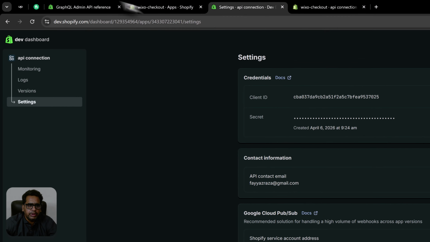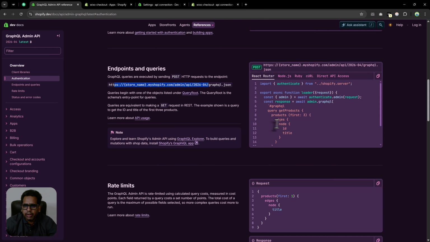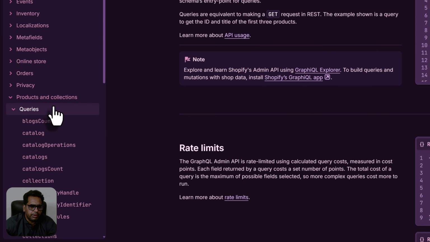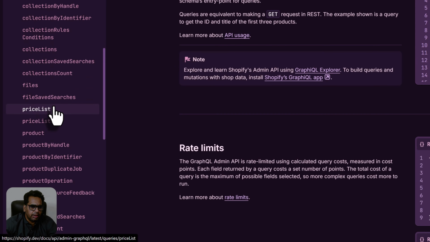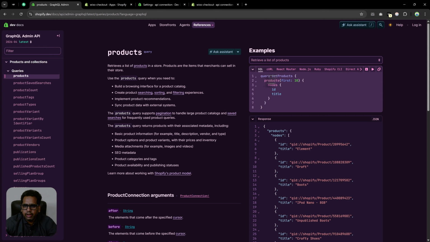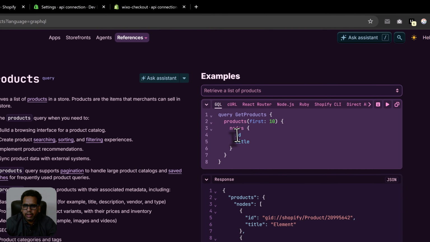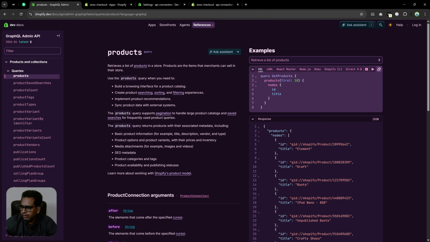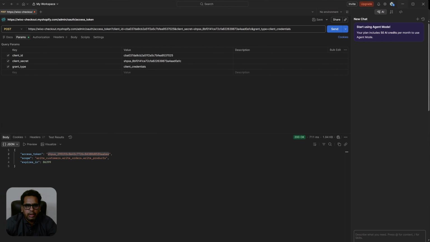Now with the help of this access token, you can make further API calls. So if you would like to get the products from your store, go to products and collection, go to the queries, and then go to the products. Over here you can see we have different queries to retrieve a list. For example, you would like to get the first 10 products and their ID and title. Copy this command and go back over here in Postman and make a new